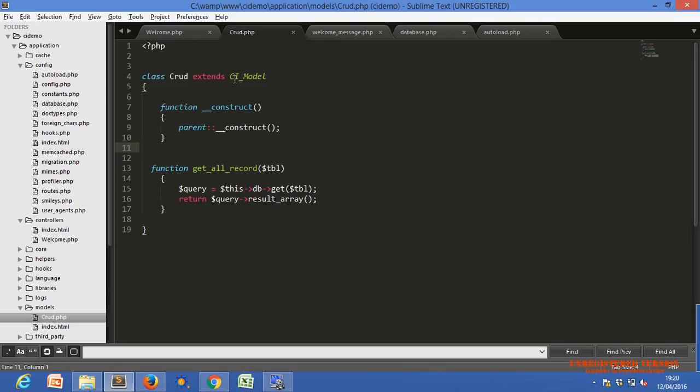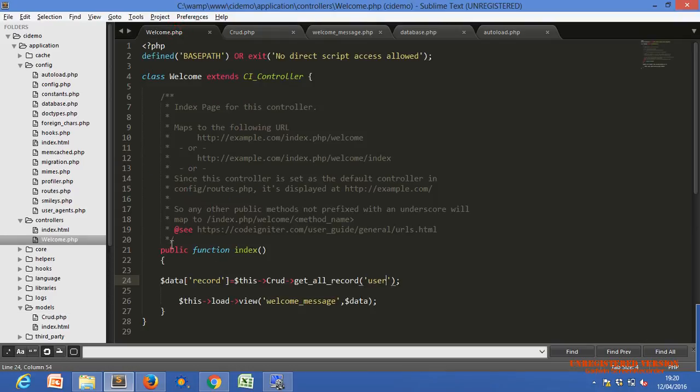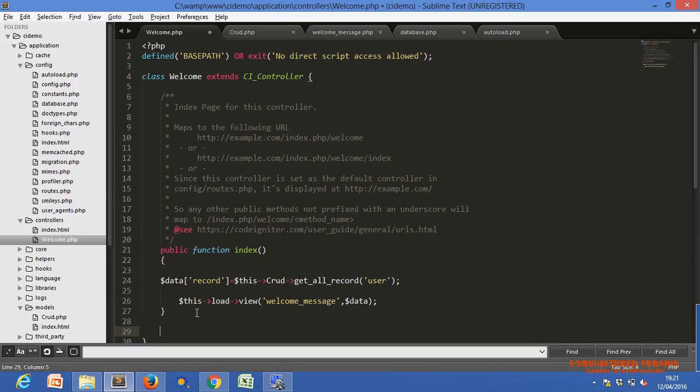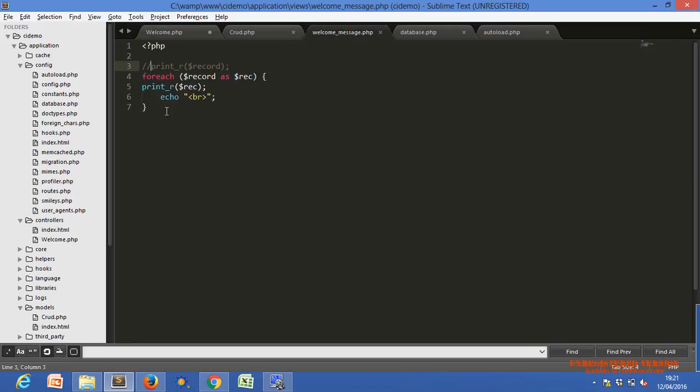So this is how it works, and we can create any function. Right now we are using the index function in the controller, but we can create any other function for that. Now let's see how we insert a record. For inserting, first we have to, one second, let me rearrange the record.